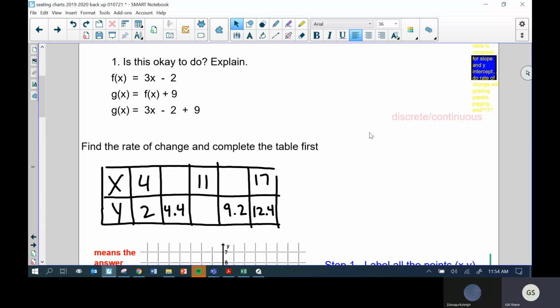So we talked about these types of functions like this. This is a function right here, which just means we're trying to solve an equation. That's all a function really is. It's just a special kind of equation. The problem with this equation is inside this equation, we have an equation. We literally have an equation inside an equation. And that can get a little confusing. So we learned a way to solve it